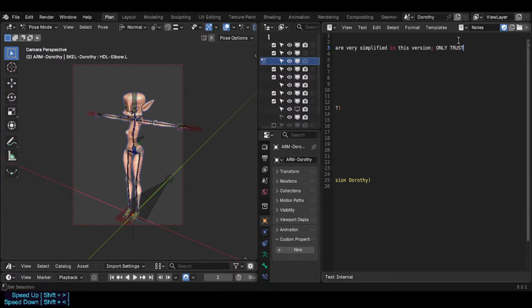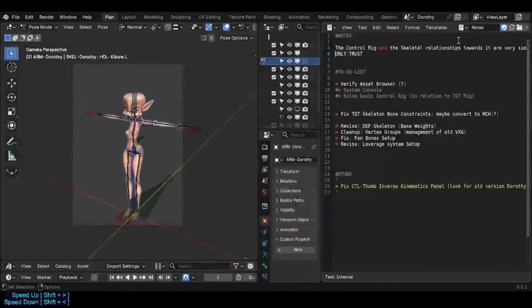Only trust until the target rig. Not beyond. Good. So this will be useful for